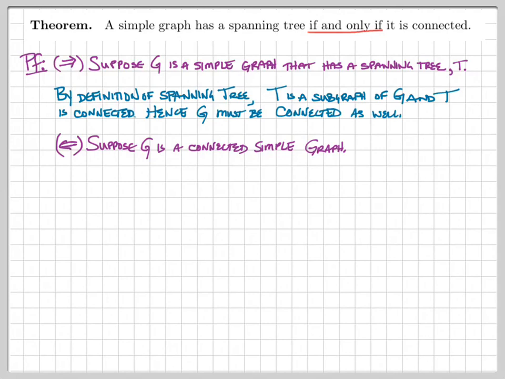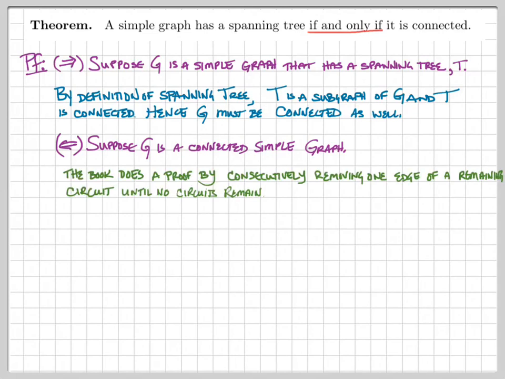So that takes care of one half of the proof. For the other direction, let us suppose that G is a connected simple graph. We want to show that a spanning tree exists. Following the lead of the book,